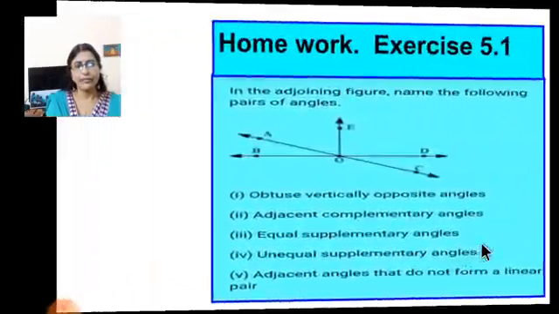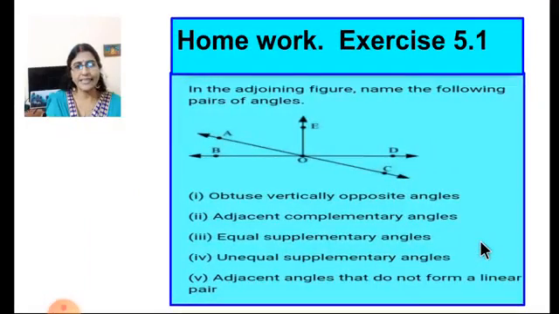Now children, whatever we have learned, you revise and write down in your notebook as a note what are the angles you have learned. You can make a table and you can draw the figure to understand it. And this is the homework for today. This is the last question of exercise 5.1, question number 14. Question number 13 is objective fill in the blanks, which you can do in your textbook. You try to do that and then this question you will do in your notebook.